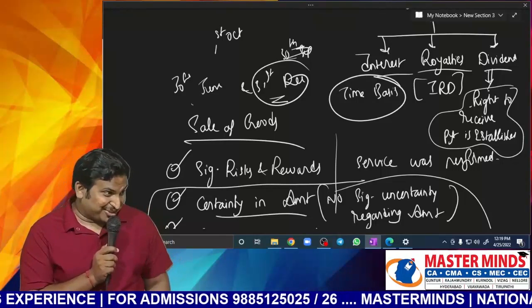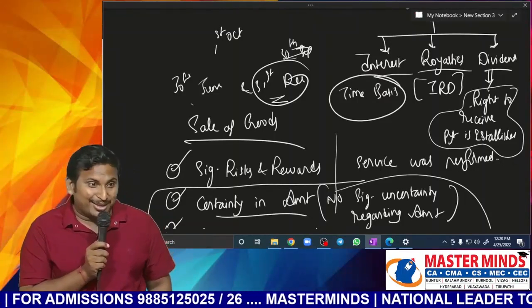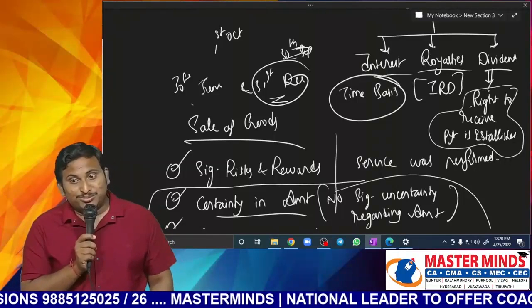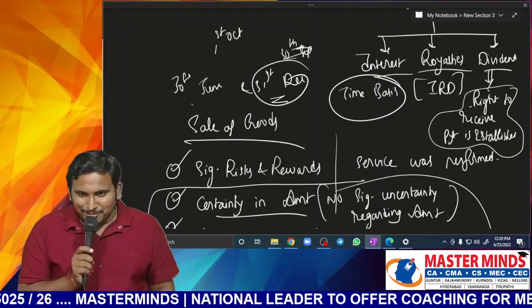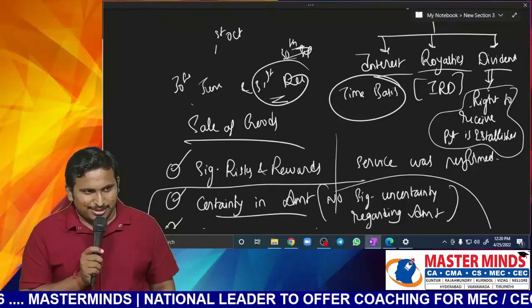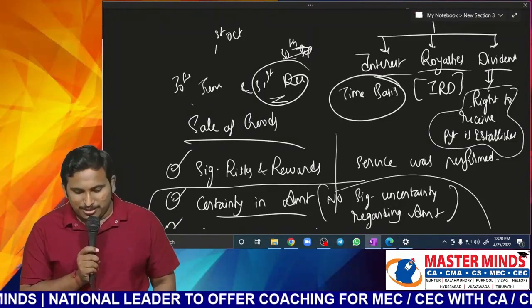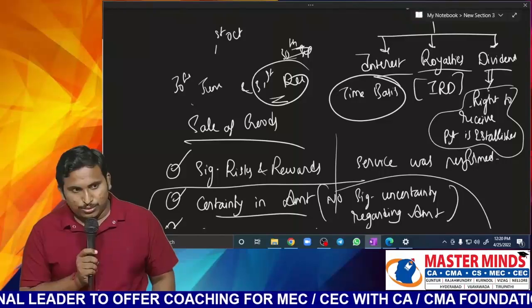It may be a fixed amount, or it may be a percentage, or per unit, per book, this much amount. Or sometimes a fixed amount plus per unit. I think it is done on different bases. So what is the answer? How do we recognize royalty? First of all, tell me, cash basis or accrual basis? Accrual only. Okay. Then how?